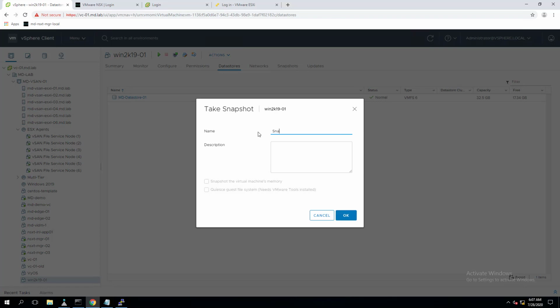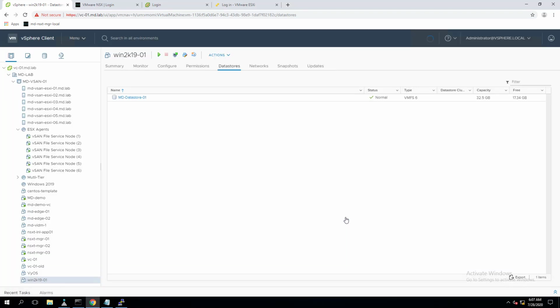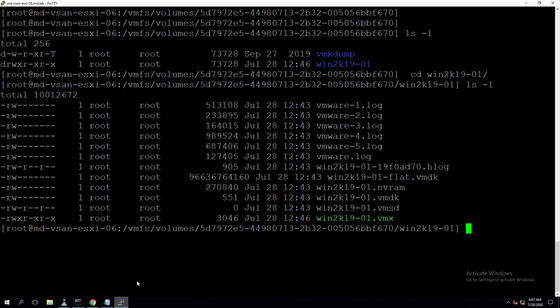Once we create the snapshot, the delta disk and other snapshot related files will be stored inside the virtual machine directory. We will validate it, then modify the working location, take another snapshot, and validate where the new snapshots are stored in the datastore.